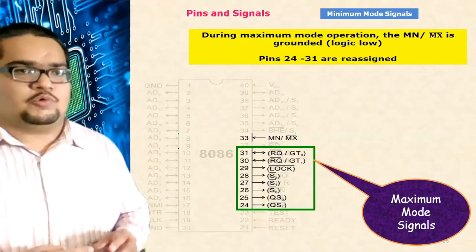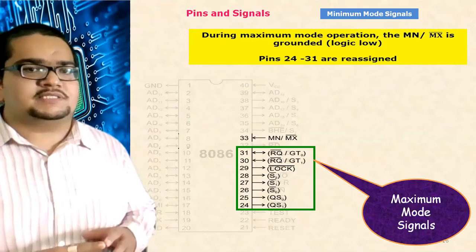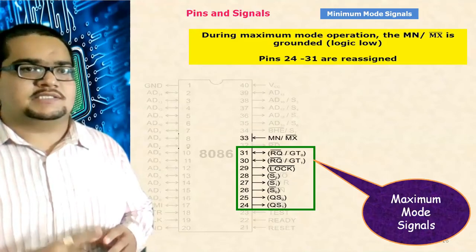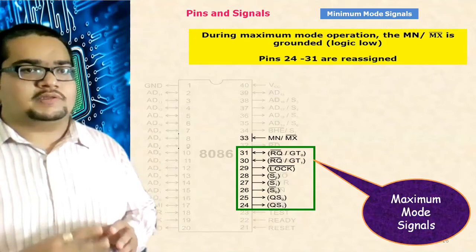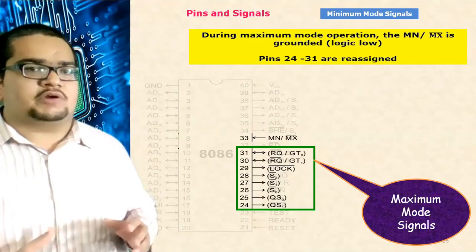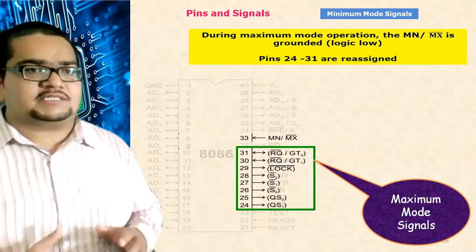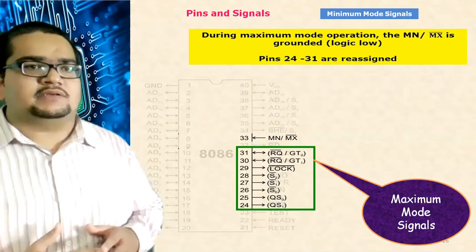4 operations, 2 power 2, 4 combinations they will give. And the status lines S0, S1, S2, S0 bar, S1 bar, S2 bar give us a total of 2 power 3, that is 8 combinations. So 8 operations, 8 statuses they are showing us. We will check it at that one.